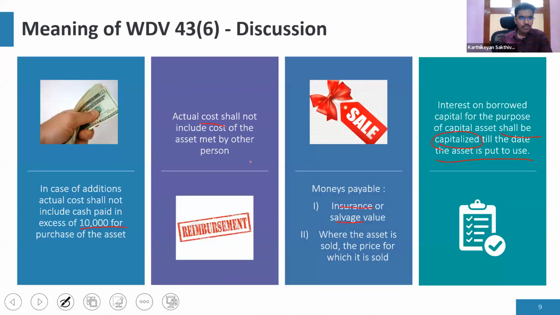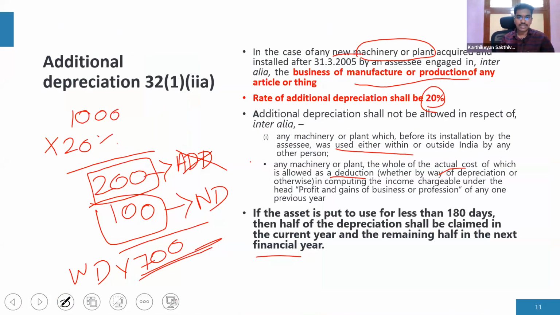அவ்வளவுதான். அதே பாயிண்ட் தான் உனக்கு additional depreciationலயும் இருக்கு. Additional depreciation என்ன கொடுத்திருக்கான்? If the asset is put to use for less than 180 days அப்படின்னா half of the additional depreciation can be claimed in the current year and the remaining half can be claimed in the next year. Right? So half of the depreciation current year, the remaining half of the additional depreciation in the next year. But normal depreciation க்கு current yearல half அவ்வளவுதான். Next year க்கு normal depreciation, normal provisions படி இந்த carry forwardல normal depreciation க்கு கிடையாது. Only for additional depreciation there is this carry forward from current year to next year, because next year you cannot claim additional depreciation. Only in the year in which a new machinery is put to use, only in that specified year you can claim additional depreciation.